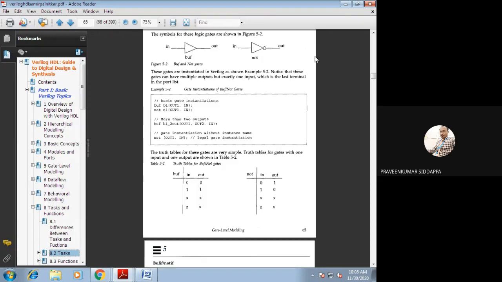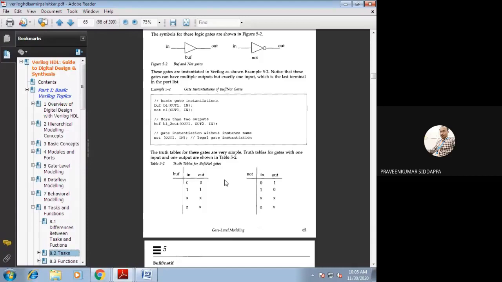Okay, so after that, if more than one output is there, how will you write it? With more than one output, for a buffer, next we should provide the instance name. After that, out1 comma out2 comma in. So the first two are the outputs. The next one is your input. Or otherwise, the last terminal should be only one input, and whatever remaining terminals are written in your expression all act as outputs. One thing you have to remember: one scalar input and one or more scalar outputs in the buf/not gate.